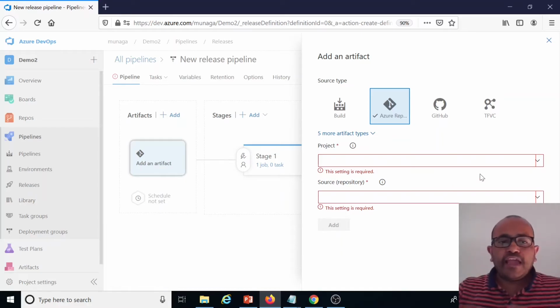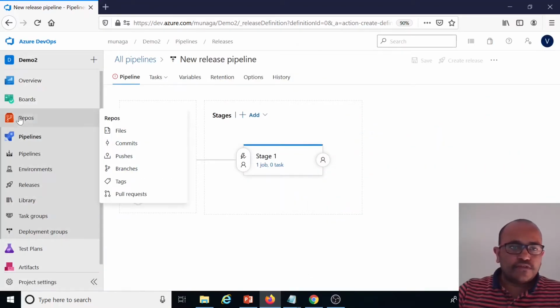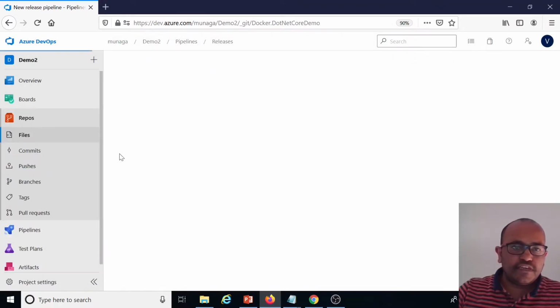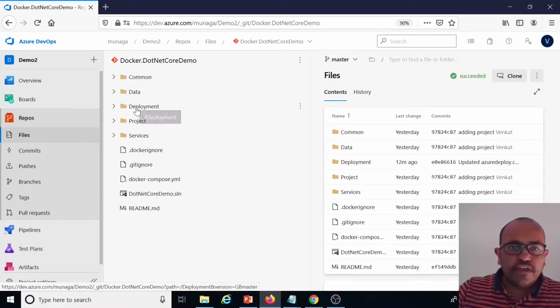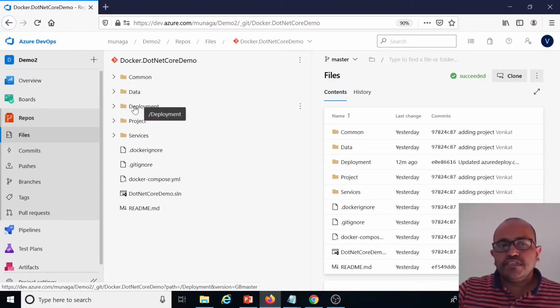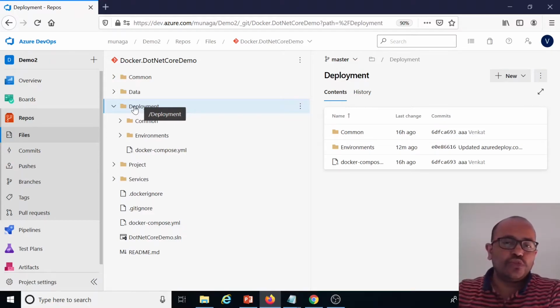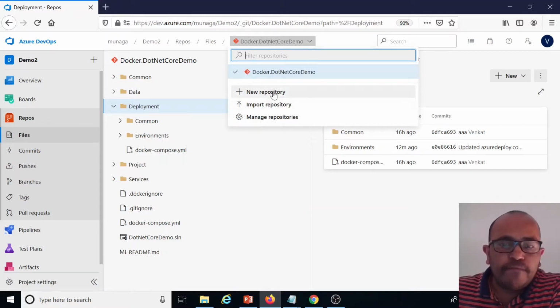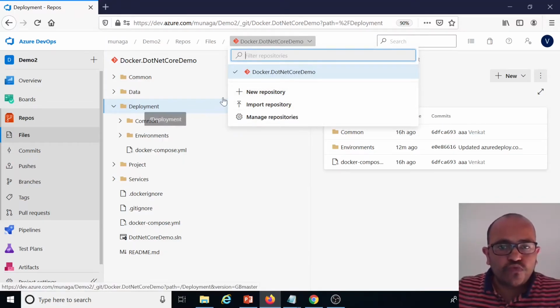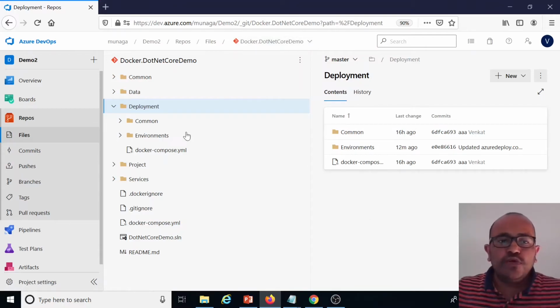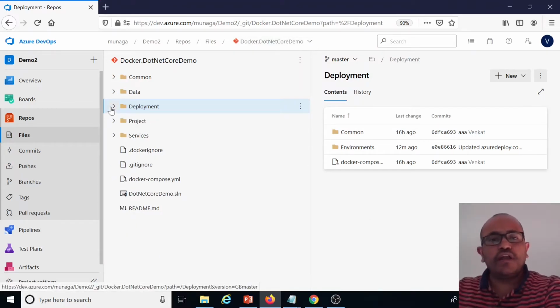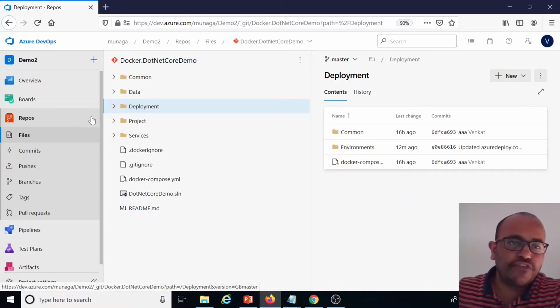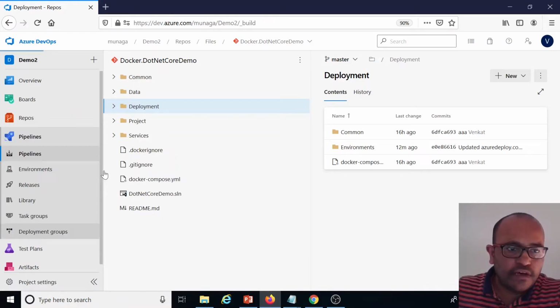Okay, what I can recommend is, just coming back to here, leave it here. Coming to the repository, my recommendation is that this deployment folder is completely related to the CD pipeline. So better you create one more repository in Azure DevOps and move this folder there. That's where you can differentiate your code and the deployment related artifacts.